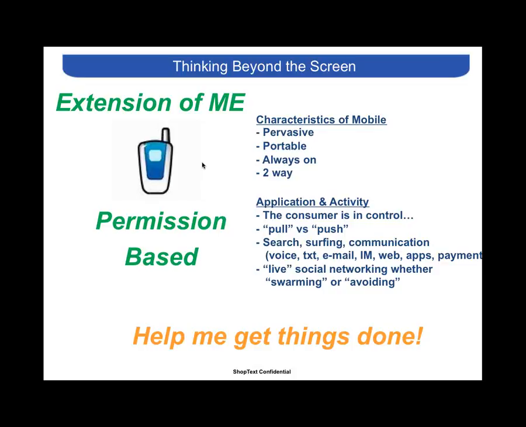Everything with mobile is around pulling. The consumer is pulling the information in. It's only if you have a double opt-in, according to the MMA guidelines, that anybody's going to be pushing a message or an offer to the phone. So everything is about pull and getting the permission from the consumer to communicate with them, just like you do with email online. But the kind of things that you need to be thinking about sending consumers are completely different.